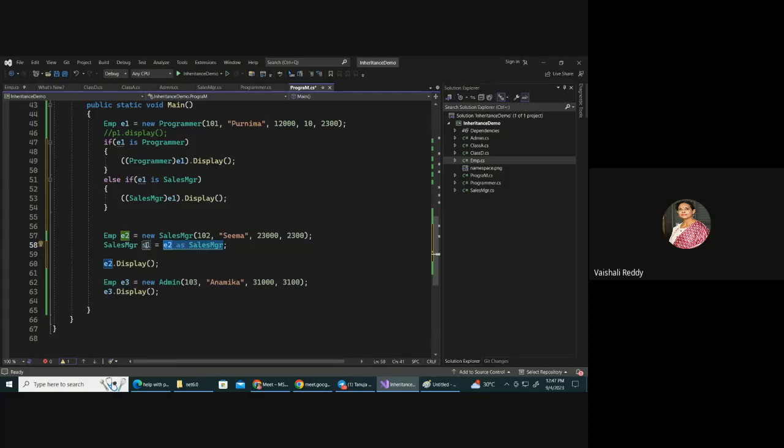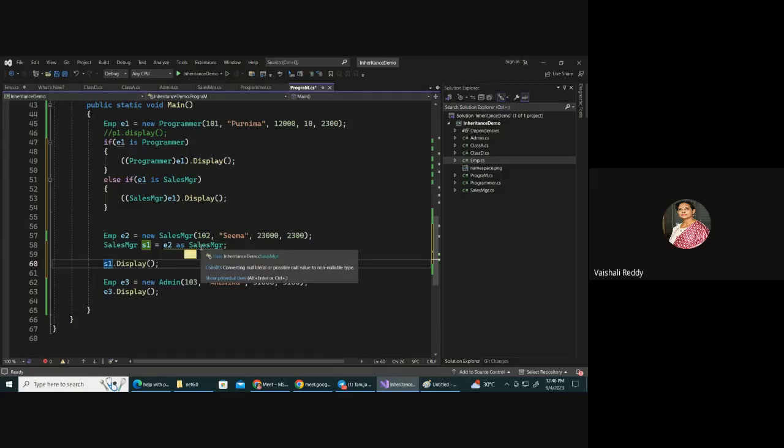This is another way of doing the typecasting. तो इसमें क्या होगा, अगर अभी तो सेल्स मैनेजर है तो ये वर्क हो जाएगा. So here instead of writing E2 I will be writing here S1. समझ में आ रहा है? अभी के लिए समझो टाइपकास्टिंग का एक तरीका है. I did the typecasting, I converted E2 into sales manager using as, और वो S1 में चला गया. So when I write S1.Display